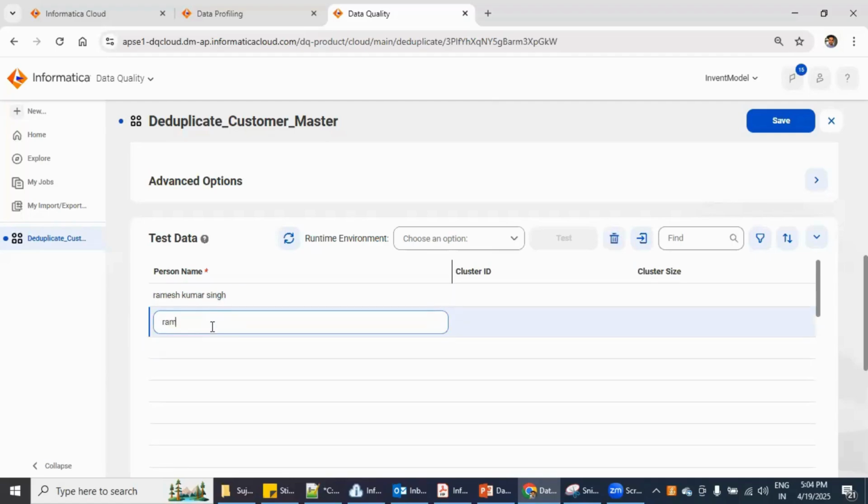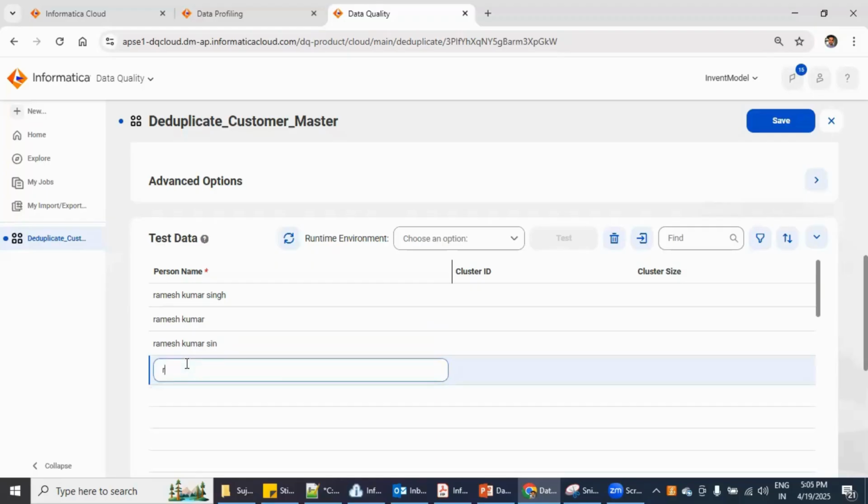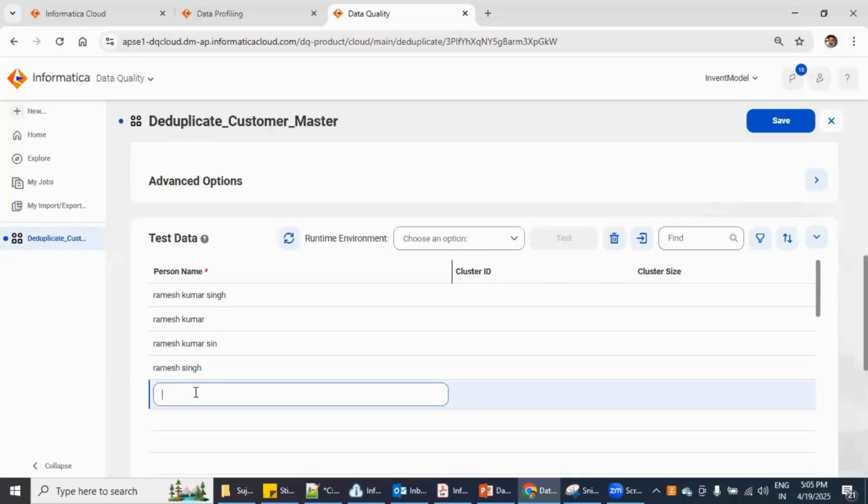Another record, suppose we have Ramesh Kumar only. Third record, let's take Ramesh Kumar IN only. Then let's take Ramesh Singh. Ramesh Kumar is